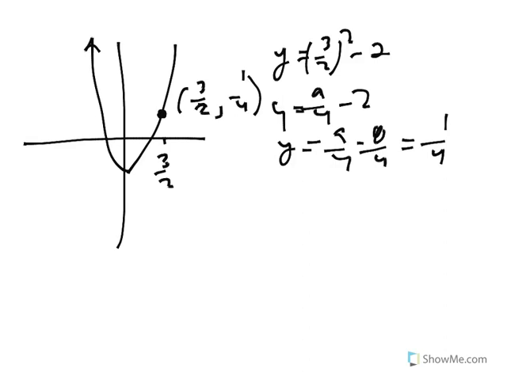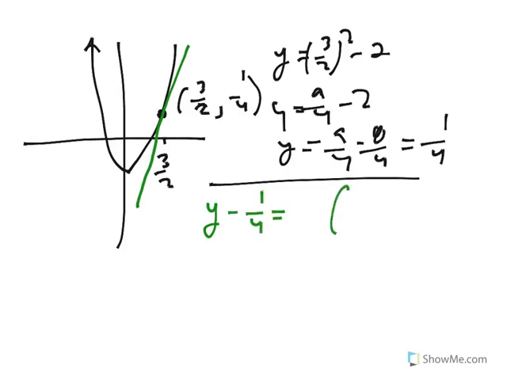So 3 over 2 comma 1/4 is the point. This tangent line has an equation y minus 1/4 equals the slope times x minus 3/2. The slope is double the x-coordinate, double 3/2 is 3. And now by putting 0 in for y,